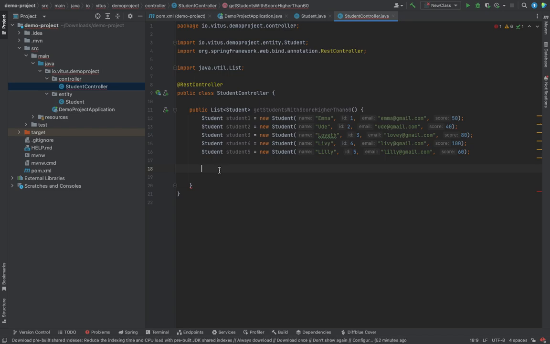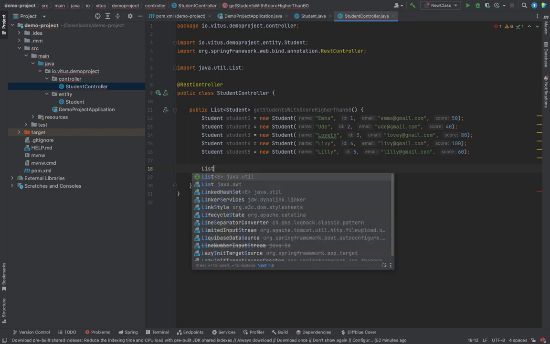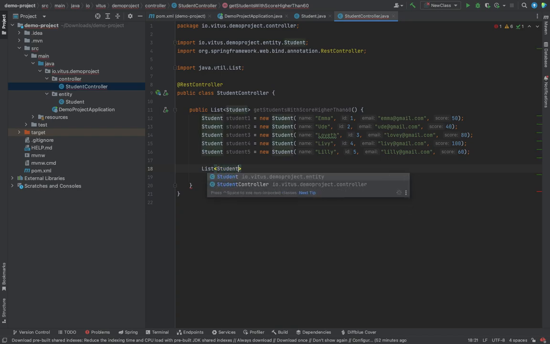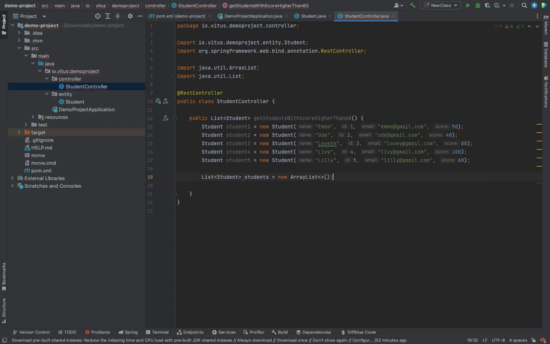All right. So what you could do is to create a list of students. This is students, and let's say new ArrayList. So this is going to be an array list of students. The implementation we're using is for array list. So what you could do is to look through